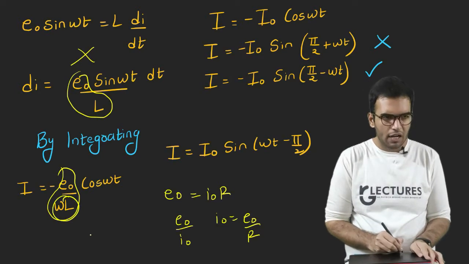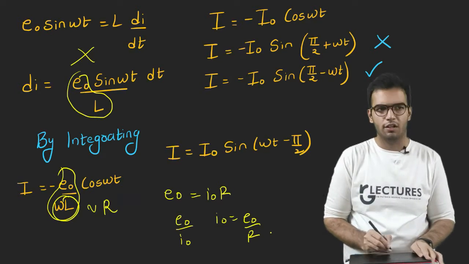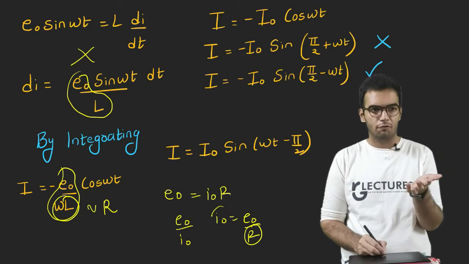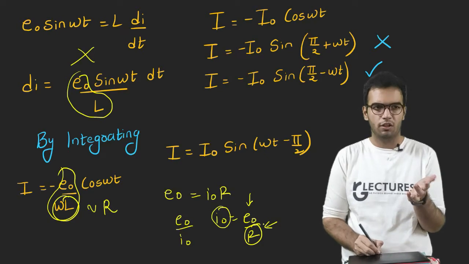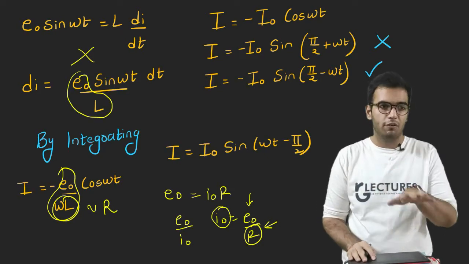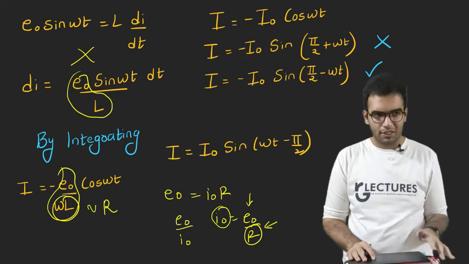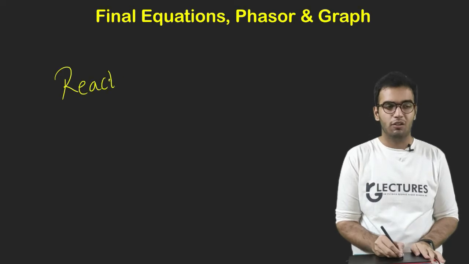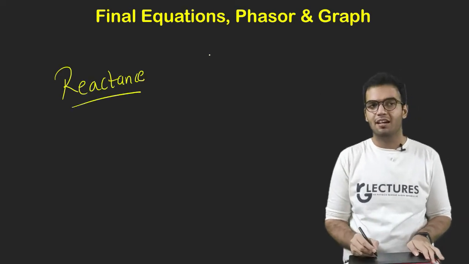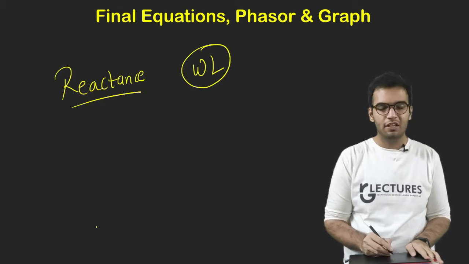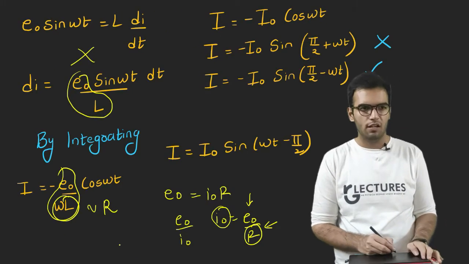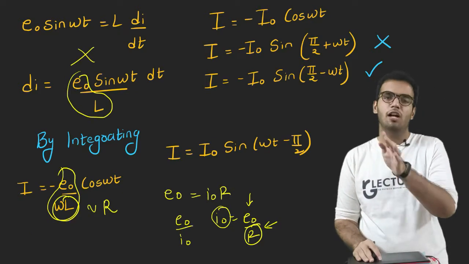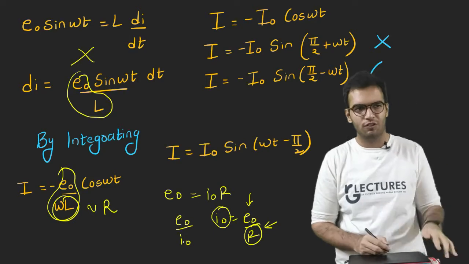So this term omega L does the function of a resistance. I can see this from the vision of mathematics, right? If this is my current and this is my EMF, the term which is in the denominator will be represented by resistance mathematically. And yes, we call this term reactance. There is a huge difference between resistance and reactance, which I have explained in a separate video. Do watch that. Of course, resistance and reactance are the same, and resistance and reactance are not the same at the same time. So do watch that video.